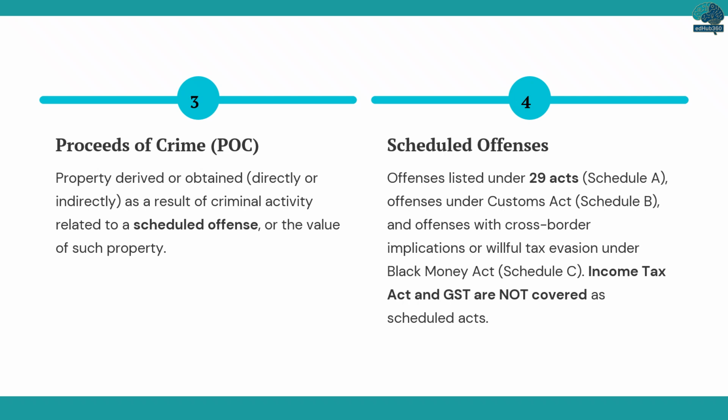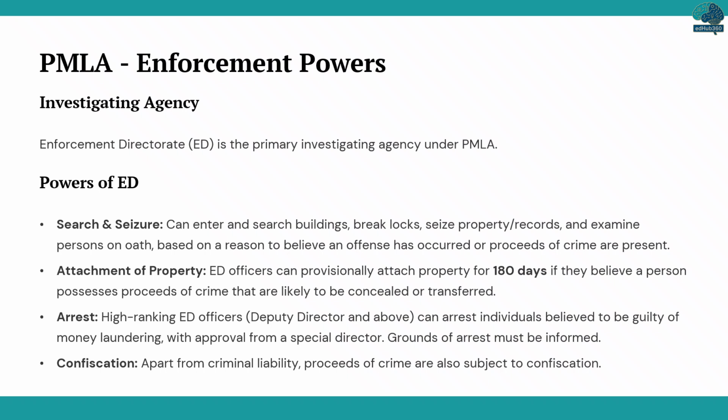Speaking of scheduled offenses, these are specific crimes listed under various acts that trigger the applicability of PMLA. They are categorized into Schedule A, which covers offenses under 29 specific acts, Schedule B, covering offenses under the Customs Act, and Schedule C, which includes offenses with cross-border implications or willful tax evasion under the Black Money Act. It's important to note that offenses under the Income Tax Act and GST are not currently covered as scheduled acts